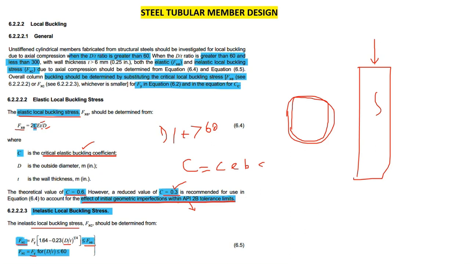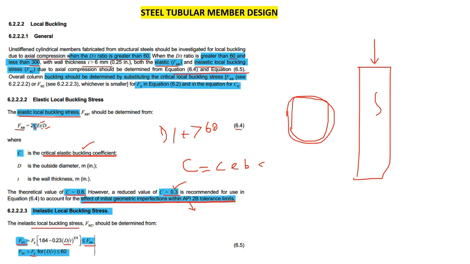Unstiffened cylindrical members fabricated from steel should be investigated for local buckling due to axial compression when the D by T ratio is greater than 60. So whenever the D by T ratio is greater than 60, we need to investigate for local buckling. And if the D by T ratio is greater than 60 and less than 300 and the wall thickness is greater than 6 mm, both elastic as well as inelastic local buckling stress due to axial compression should be determined from equation